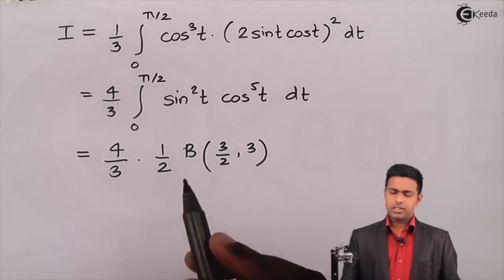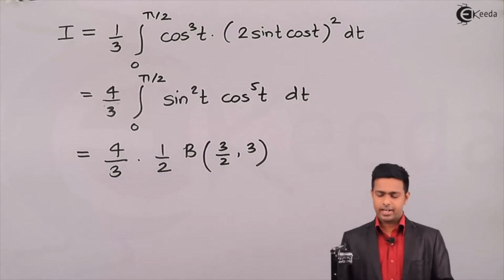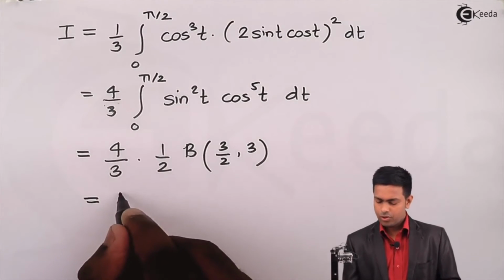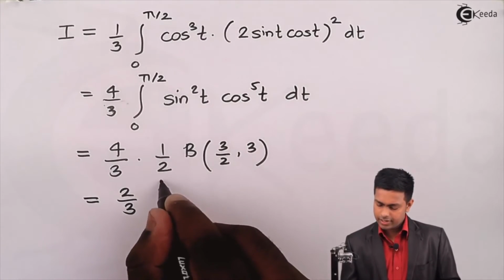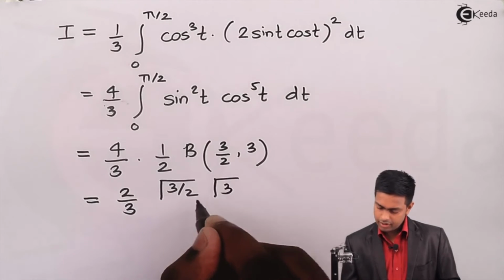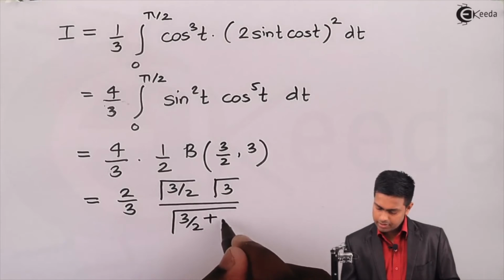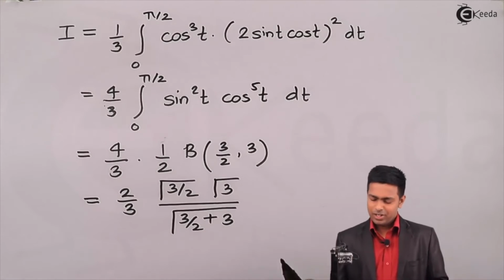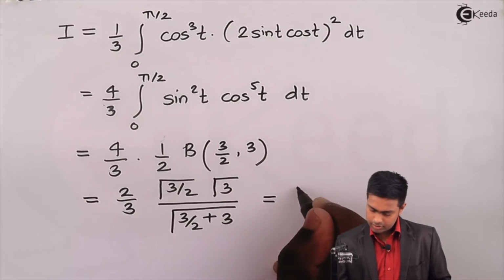Now let's solve this beta function by using the relationship between beta and gamma. So here we will get 2 ones are 2, 2 twos are 4, so 2 by 3, and for this beta we'll say it is gamma 3 upon 2 gamma 3 whole upon gamma 3 upon 2 plus 3. So this is the relationship between beta and gamma. So it will give us 2